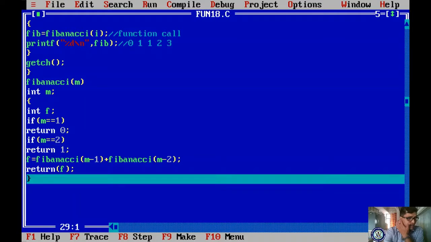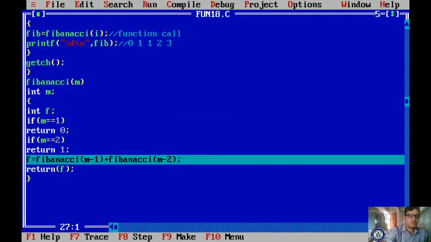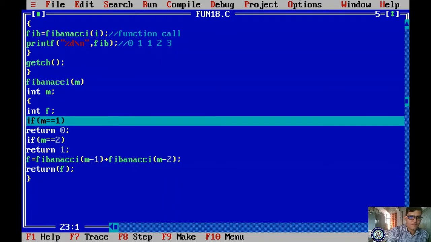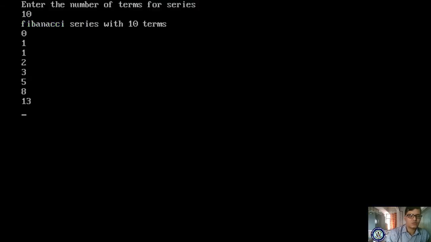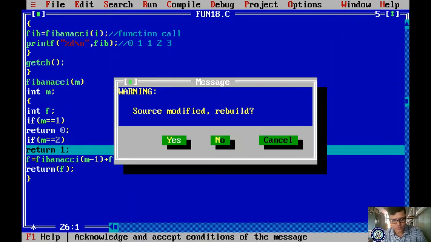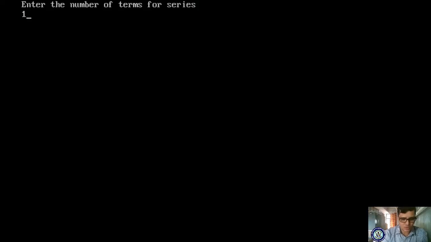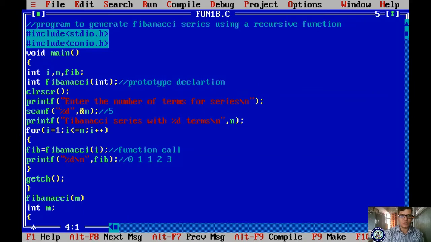So because we have taken 10 series, up to 10 series it will evaluate. Okay, we'll see what is the output now. Press F5. So that is the 13. Still there, it has to come. Okay, yes, now just run it. I am showing 10. If you enter the 10, it is 34. Up to 34 it will come, right?